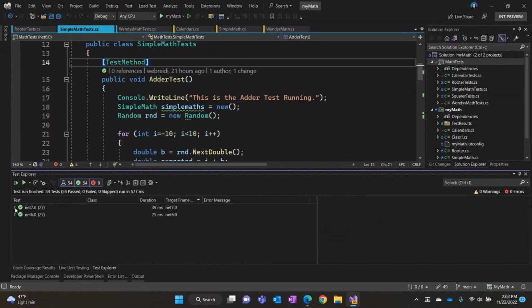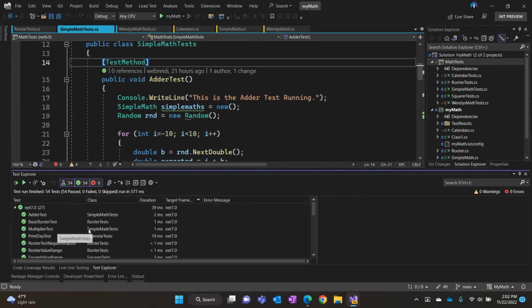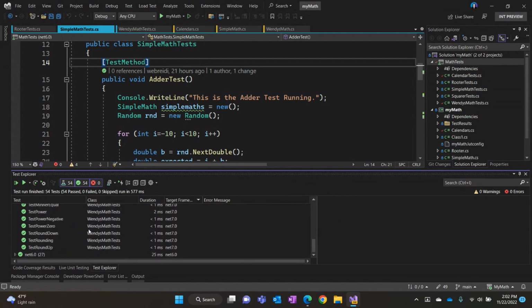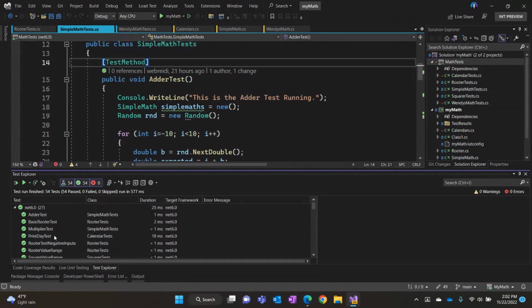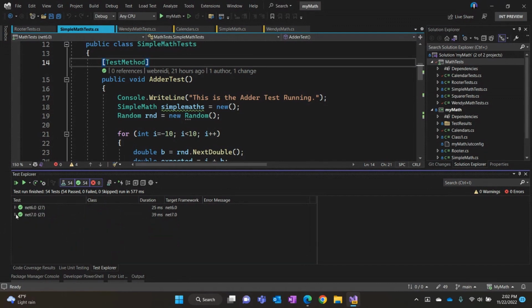And so then it changes. So then I no longer have the project class structure, but just all my .NET 7 tests in alphabetical order, and then all my .NET 6 tests in alphabetical order. And I can sort if I wanted to change to put the 6 in a different order if I wanted. Pretty sweet. That's nice to be able to have that kind of organization among all your different tests, regardless of what framework version you're using and things like that.